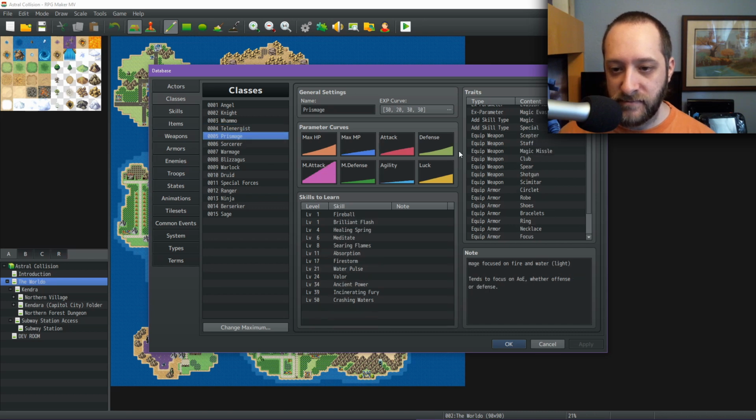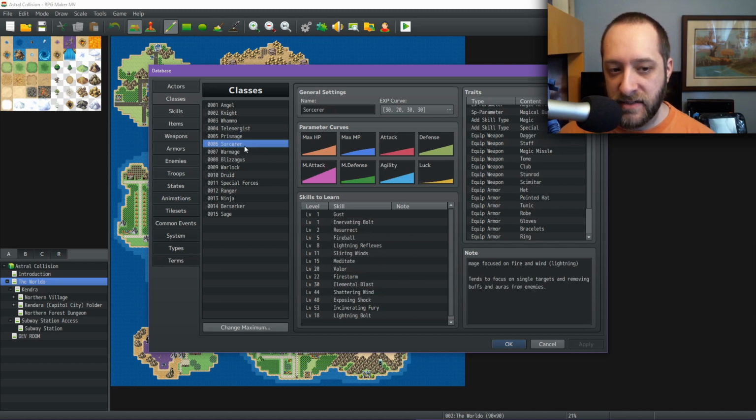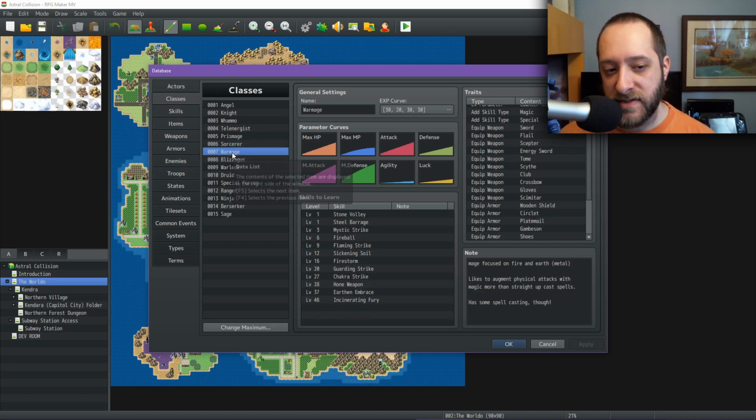The Prismage, again, was very limited, and I added a bunch of weapons for them to use: the club, spear, shotgun, and scimitar. Sorcerer, again, this is useful to see, right? Dagger, staff, magic missile, and tome. I added club, stun rod, and scimitar, so you can see, having more weapon options just gives a lot